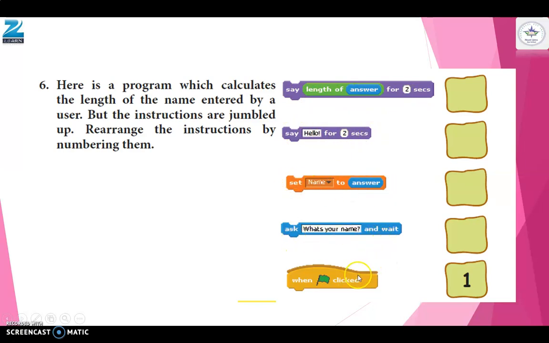So here we can guess that after event block we can just say hello. Okay, so second block will be say hello. Then if you take a variable, we will set value to the variable or will ask first. Okay, first we'll ask the question. So third step is ask what is your name. Then we will set name to answer, and at last we will display length of answer.